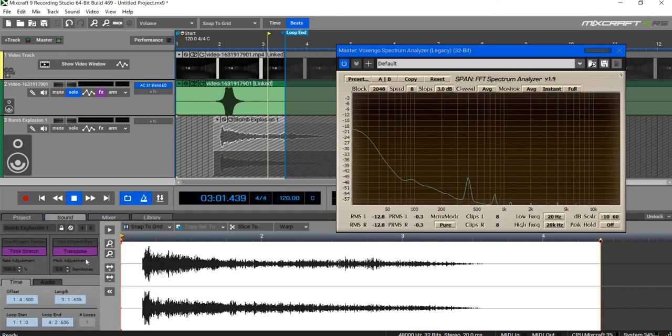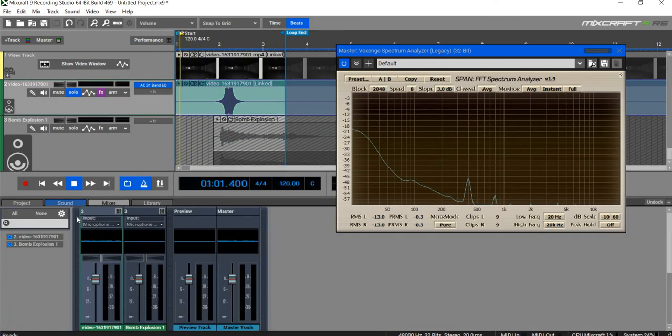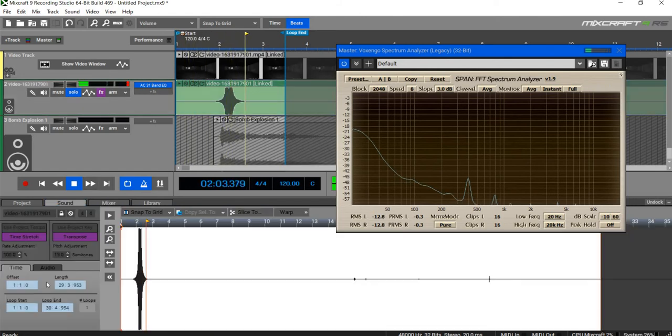Well, they'll put it back to the original pitch. There it is. That's incredibly high, loud. Put it back to how it was.